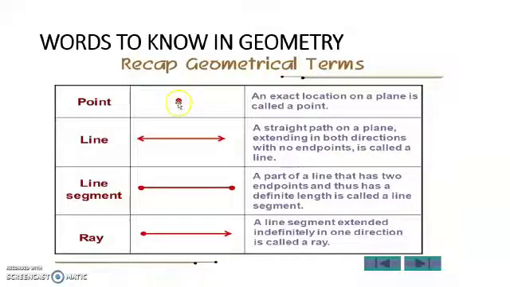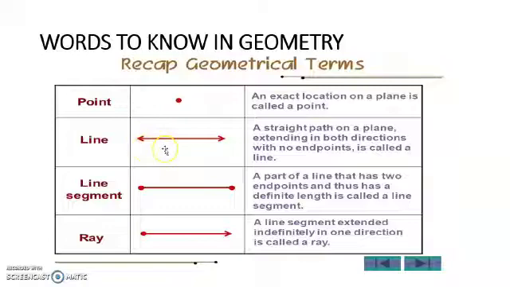You can call it a decimal or a dot, but actually in geometry it's called a point. Point in simple words is a dot, but in geometry the definition is: an exact location on the plane is called a point. This is the whole box and this is one point in this box. So this is exactly the place, the exact location in this box, and you can give it any name, A, B, C, anything.